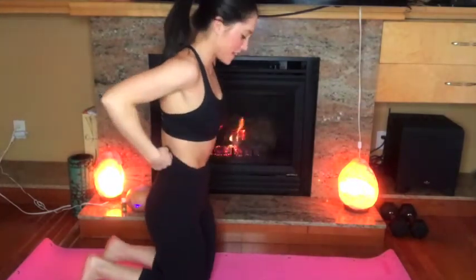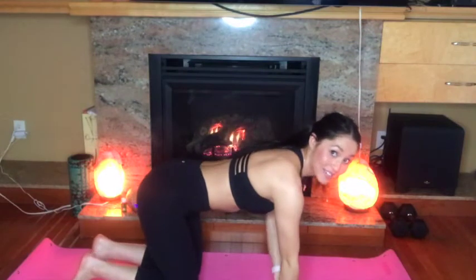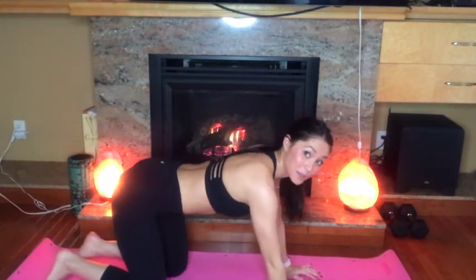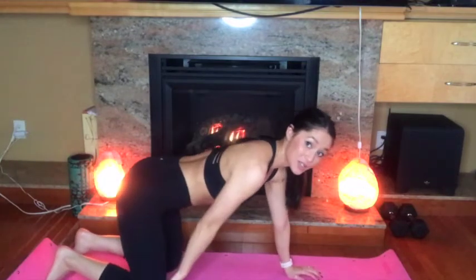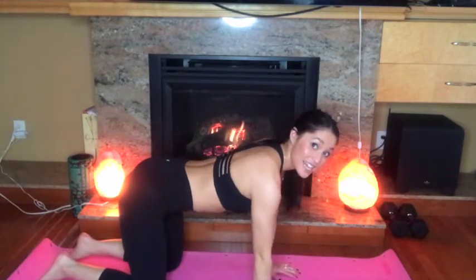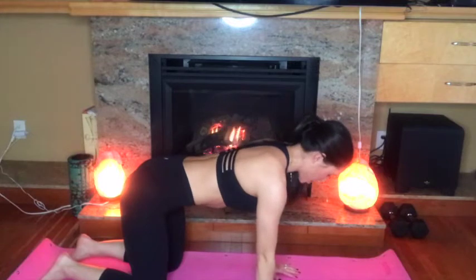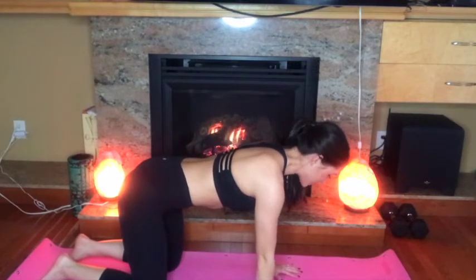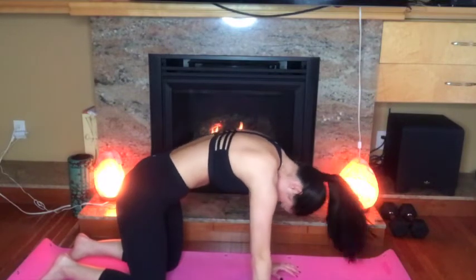All right, so we're gonna start in a tabletop position here. And so making sure that we have our wrists lined up right over top of where our shoulders are. And same thing with our hips. We wanna make sure that those hips and those kneecaps are completely aligned. And so making sure that there's that nice tabletop, our core is lifted in, our neck and gaze is nice and neutral. We're gonna take an inhale to begin here,